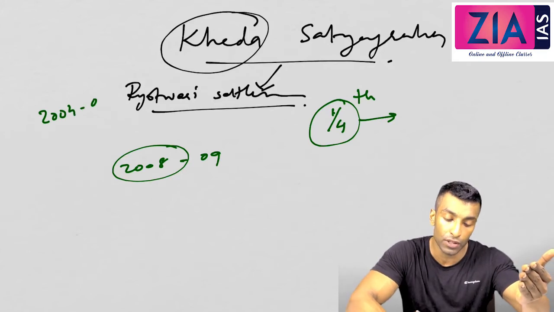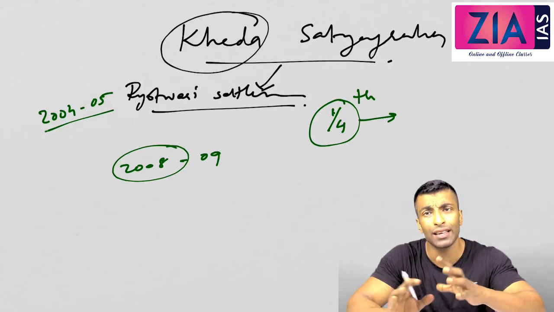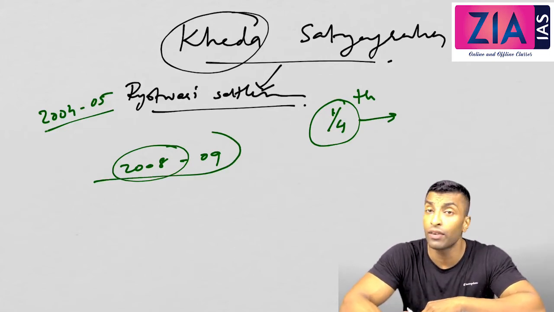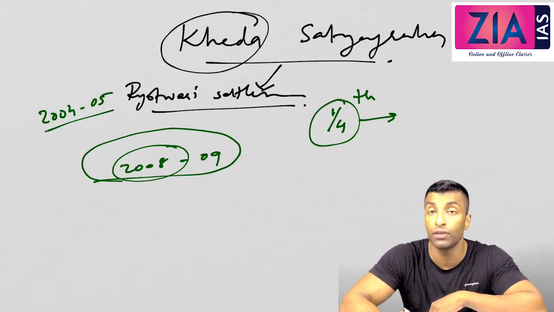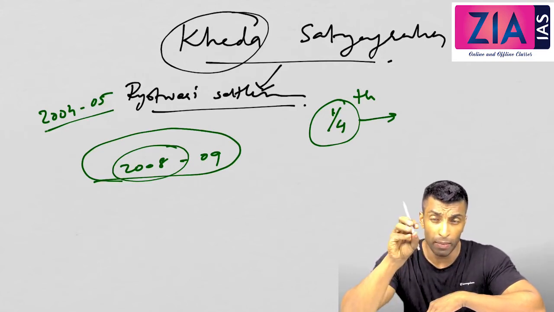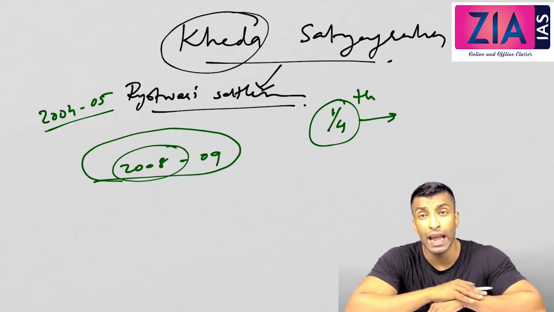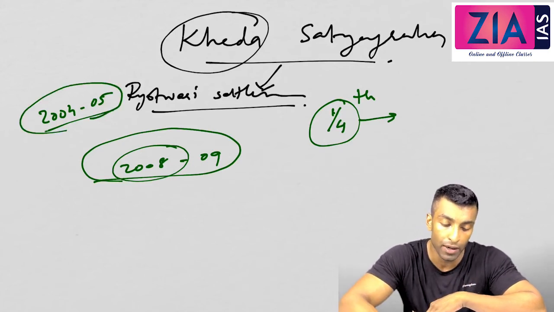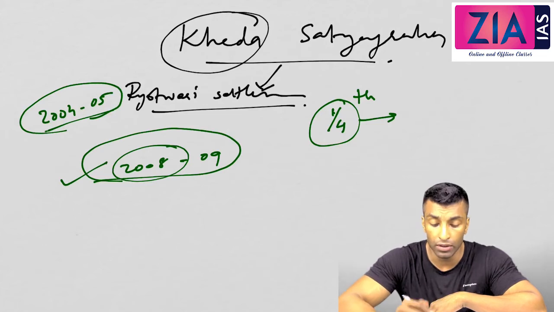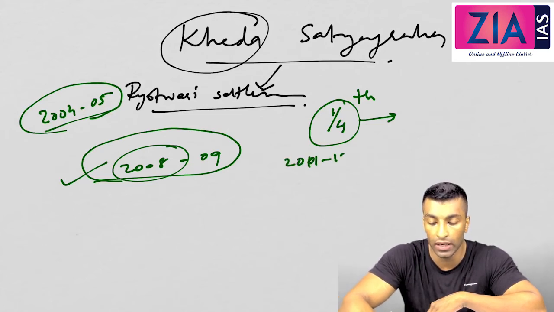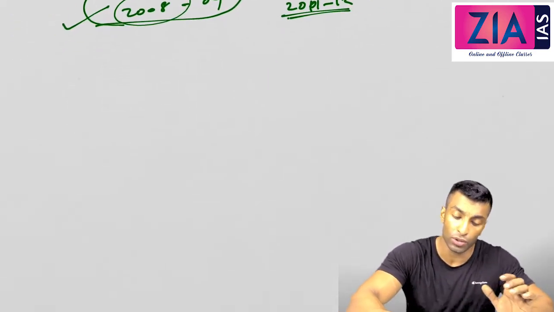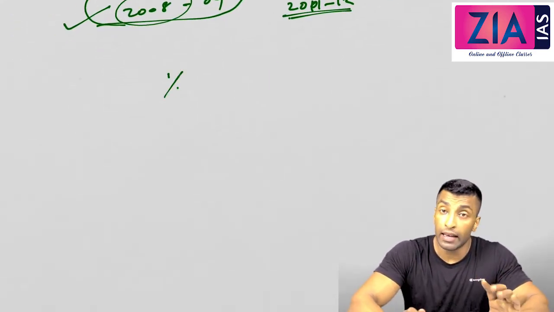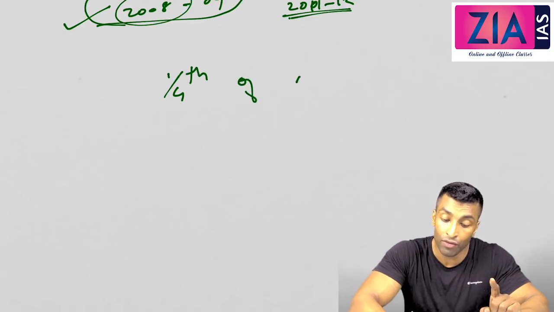Because before that it was 2004-5, and every 5 years you conduct the large scale survey, and then that will be the base year. The large scale survey which is conducted by NSSO, based on that only base year will be fixed. So 2008-9 should have been the base year, but it was not revised for a long period of time. We kept it 2004-5 because this was not a normal year, and now we changed our base year to 2011-12 later.